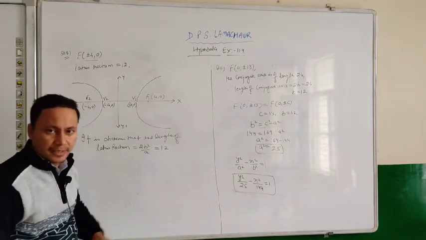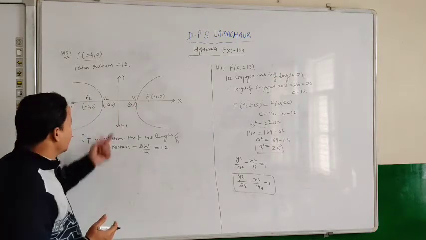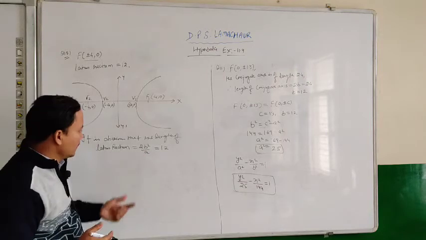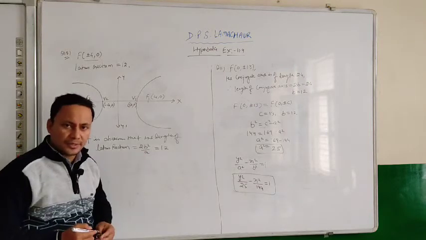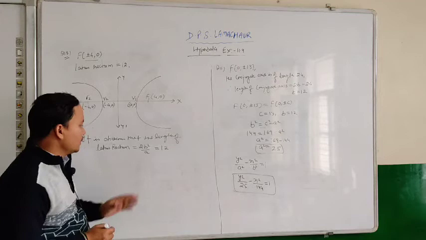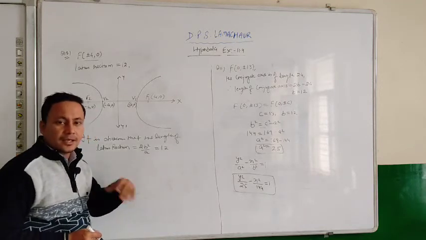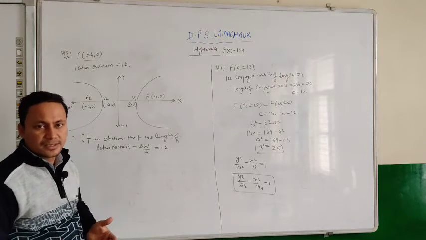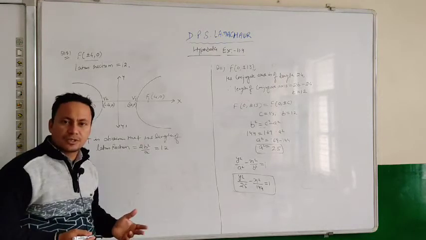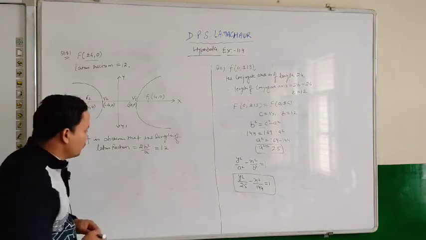The value of c we know because it is the length from the center to the focus, but a and b are both unknown for us here. So what will we do here? We will develop a relation between a and b on behalf of this, and another relation we will know about a, b and c, and on behalf of these two equations we will find the value of the unknowns.